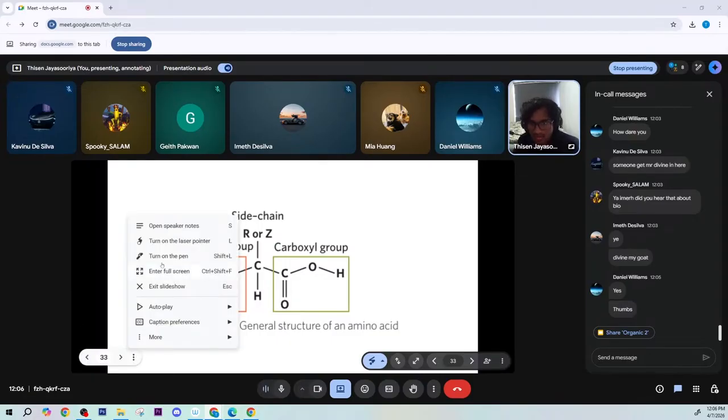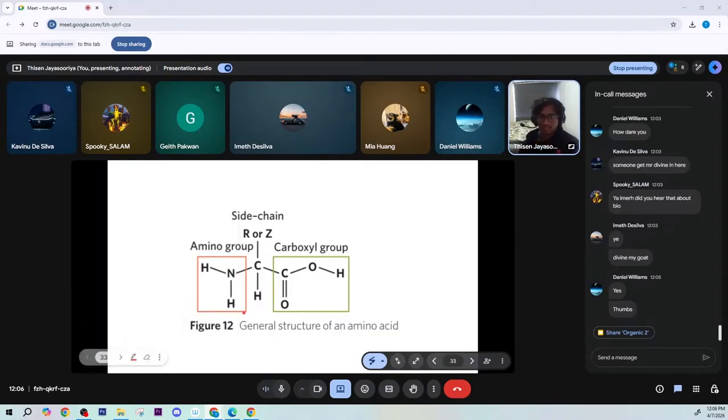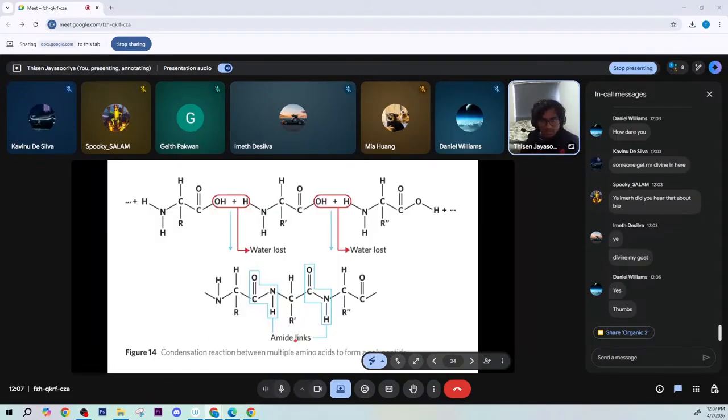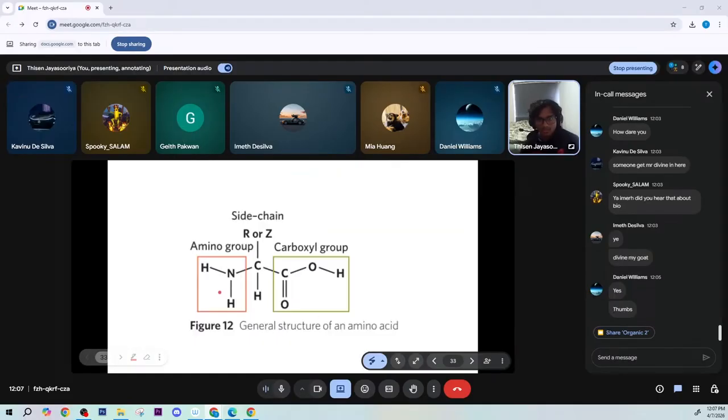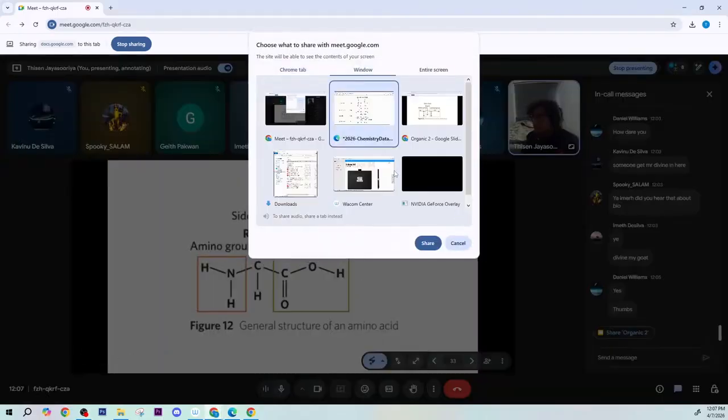So here we have the amino acid. Now the big thing that I want to look at from here is that we have all of our amino acids here. From an amino acid, what is a Zwitter ion? And then how can we form a polypeptide chain? So the first thing we want to talk about is, what is a Zwitter ion? If I go back into my data book, my best friend, a Zwitter ion is